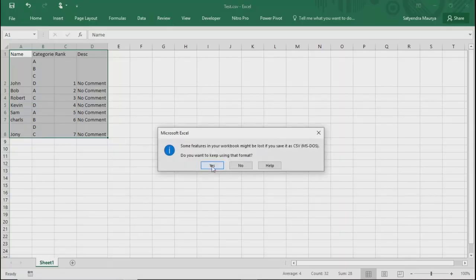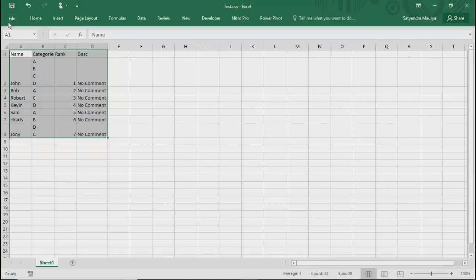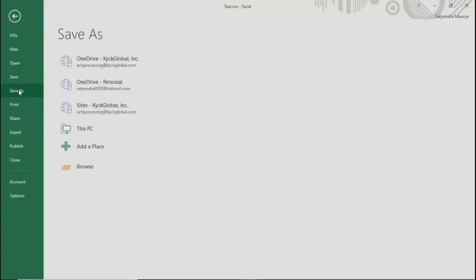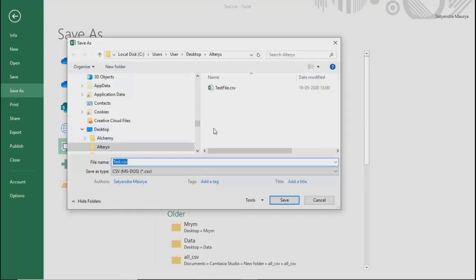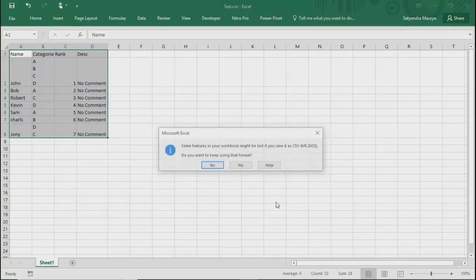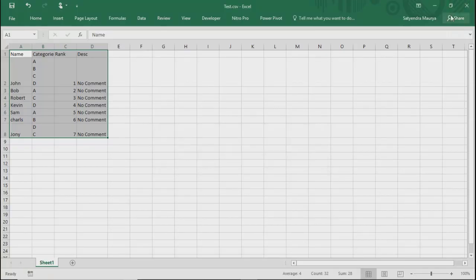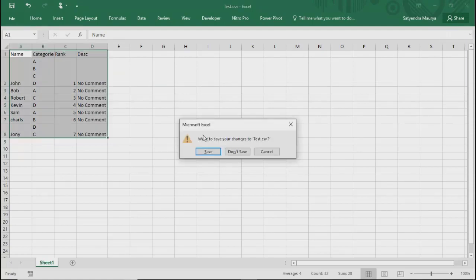Right. Okay, I think I saved it in the wrong place, because you chose Alteryx, no? Alteryx is a folder. Fine. So this file is saved now.